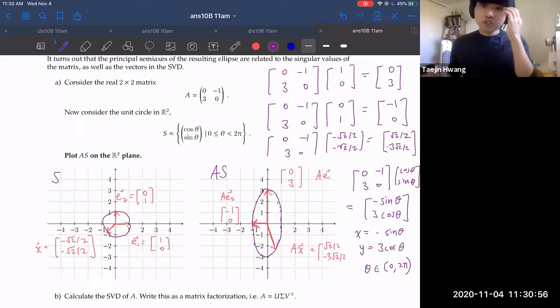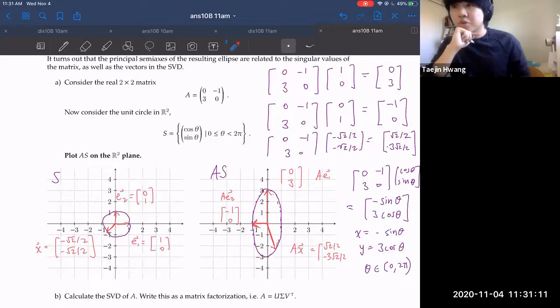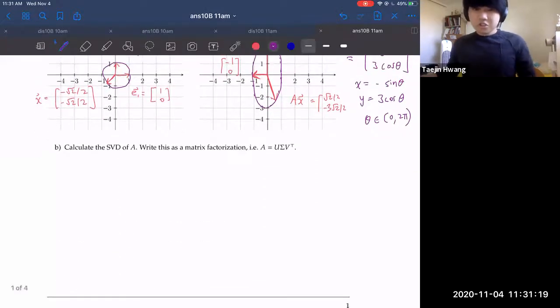I think the pedagogical approach here is kind of to work backwards as well, where we're going to first look at what A times the unit circle looks like, and then we're going to use the SVD and look into why it was the way it was. So the SVD approach will come next. All right, if we don't have any questions, let's move on to the next part, which is to compute the